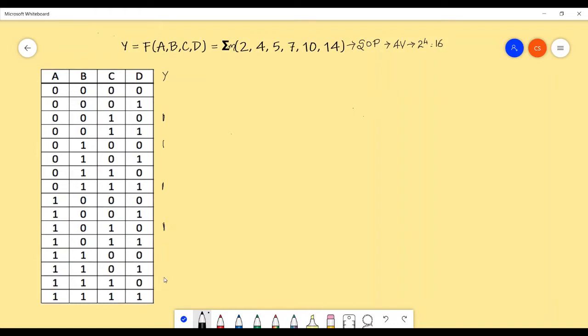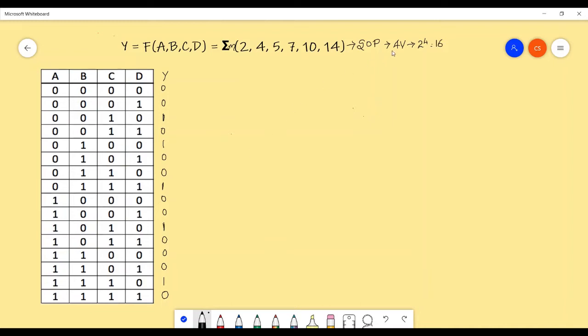So this is 1. All the remaining things are zeros. So this is very known thing to you, so I'm not going to tell how exactly all these things happen. I'm just plotting the truth table as per the expression that is given to me. So I'm filling up all the remaining columns of the output of the truth table. So it's filled up now.